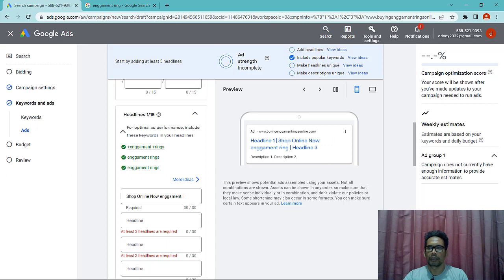Diversity, quality of headline and description, and keyword relevance. Make sure your ad reaches a good or excellent strength score. Use the ideas provided by the tool to boost your score.